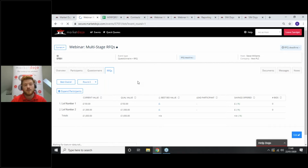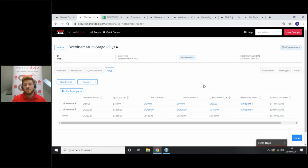So if I click on that drop down, I'm viewing round 1 and what happened in round 1. So this looks exactly the same as it did before I created this new round. So I'm in the sandpit. I'm going to go through as participant 1. And in the RFQ tab,